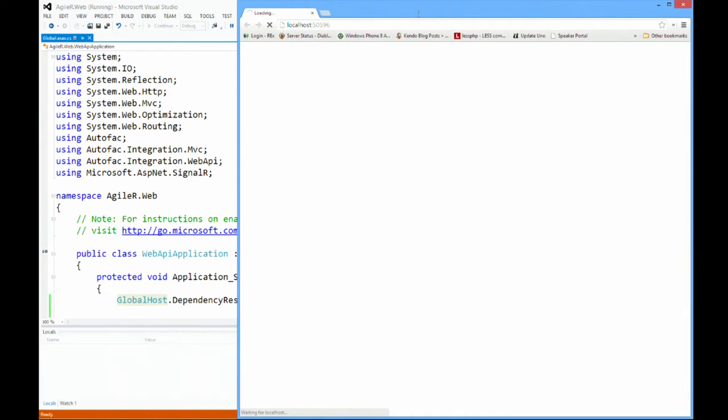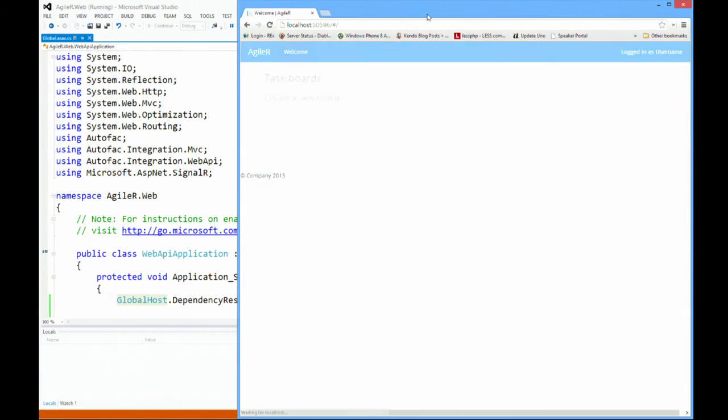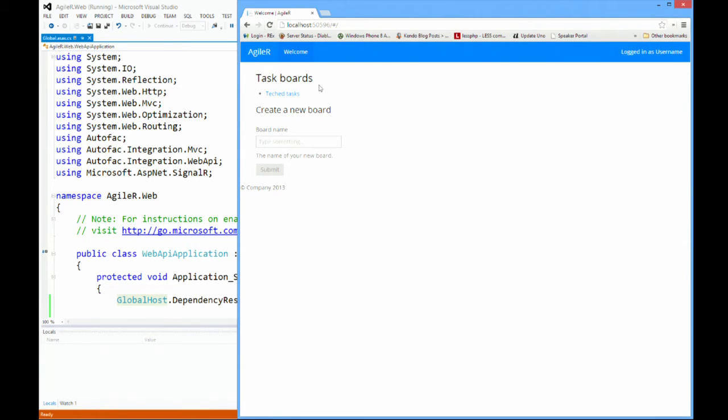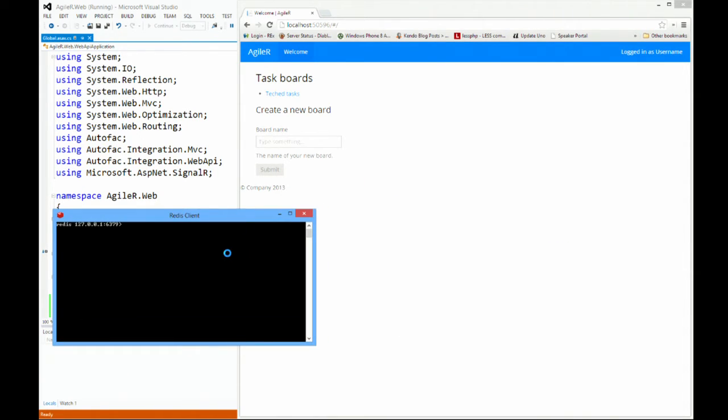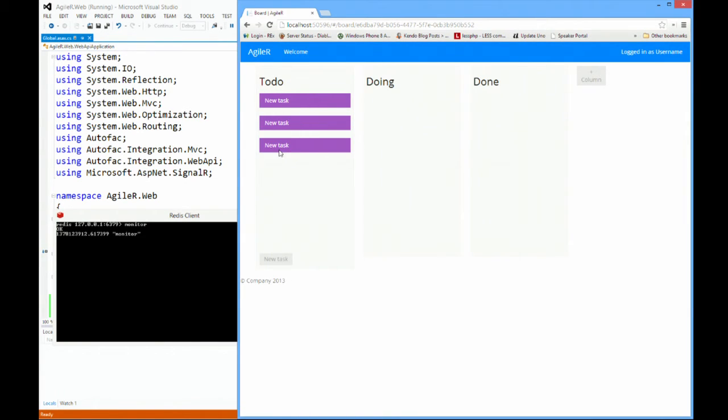I'll refresh that. Just to show you that it is actually hitting Redis, because I'm just saying, oh, it's a Windows service, trust me, man, it's happening, I'm opening up the Redis client console window so that we can keep an eye on what's going on. What I'm going to type in here is monitor. Monitor reflects the current messages going to the Redis server out into the console.